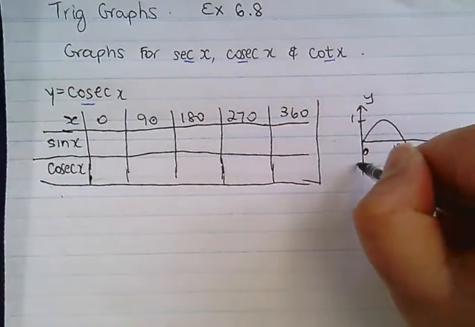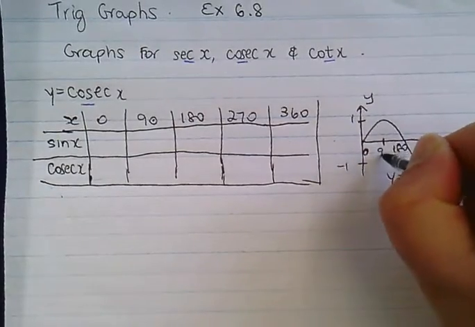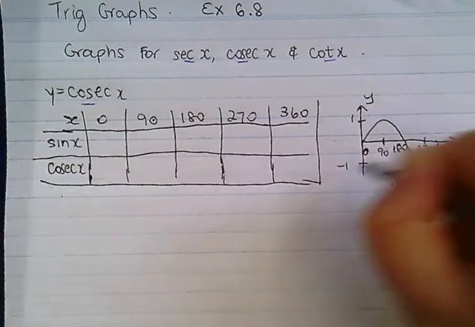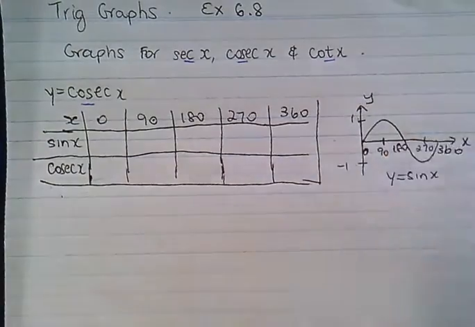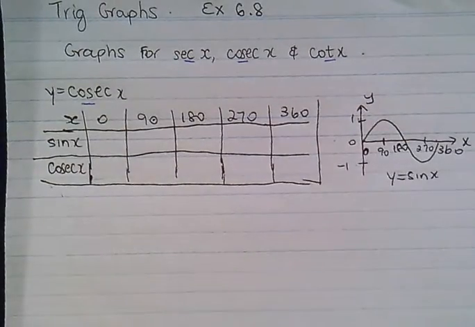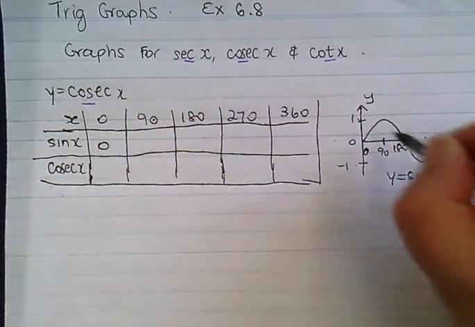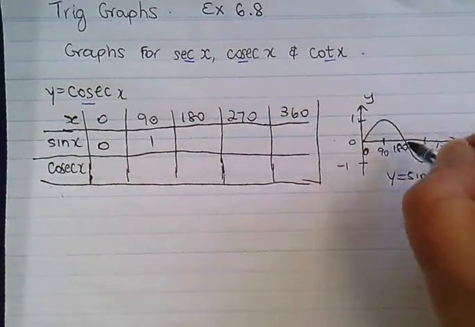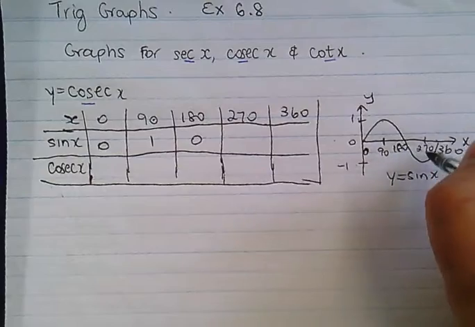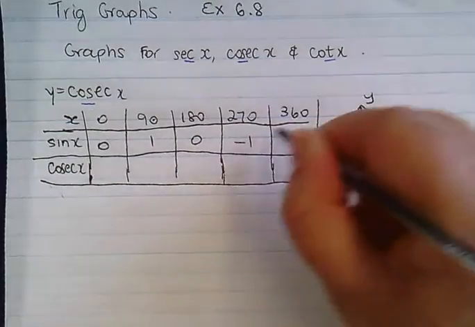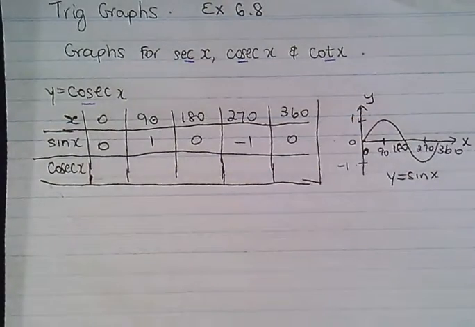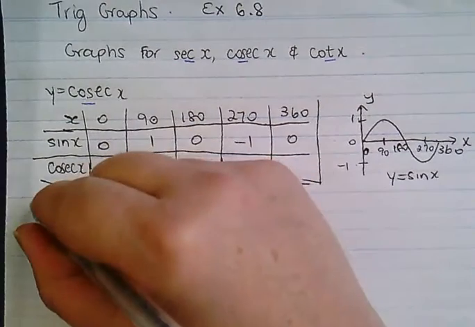And the amplitude is 1. So these are for 90 and 270. So amplitude 1, so we've got 1 and negative 1. This is 0 here. So sine of 0 is 0. Sine of 90 is 1, sine of 180 is 0, sine of 270 is negative 1, and sine of 360 is 0. Now cosec is 1 divided by, remember that cosec